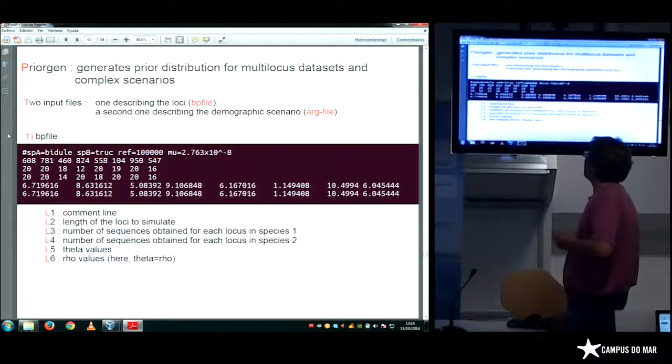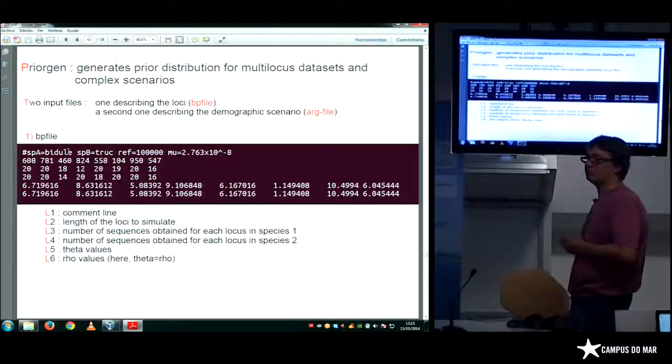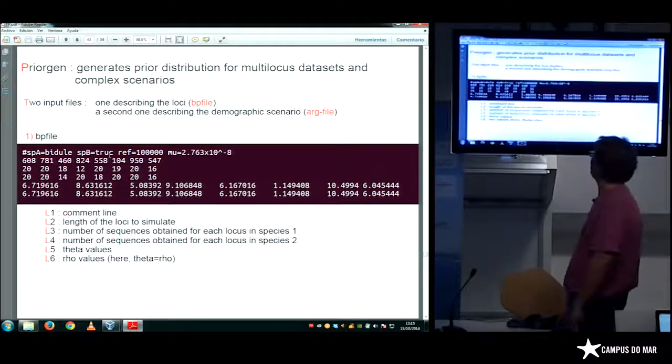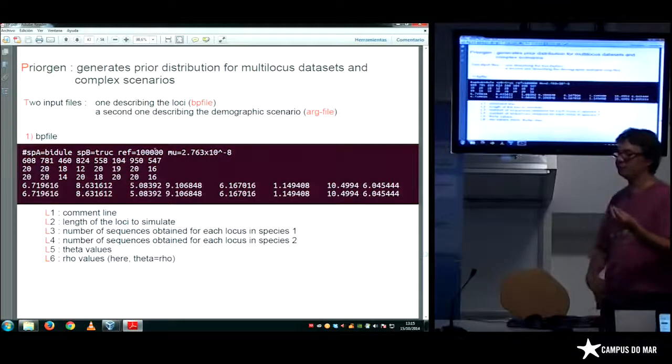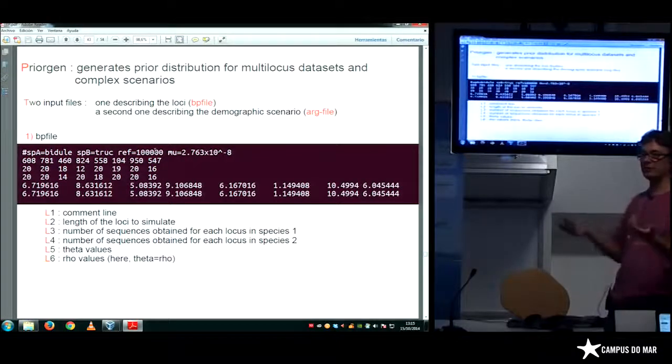So you have one line of description of the file. Here species A is bidule, actually it's Mytilus edulis. Species B is truc, actually it's Mytilus galloprovincialis. Ref is the reference population size, an arbitrary value.